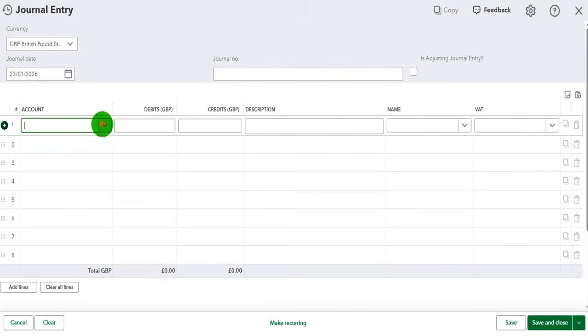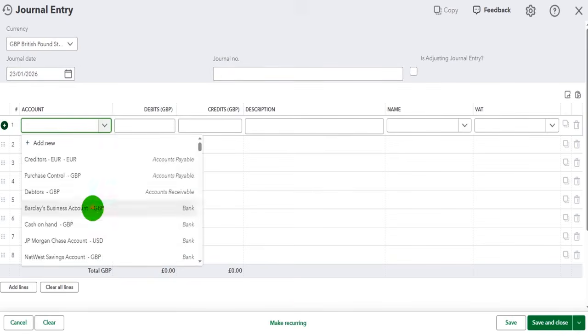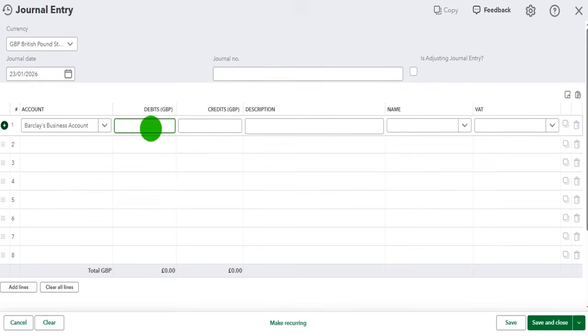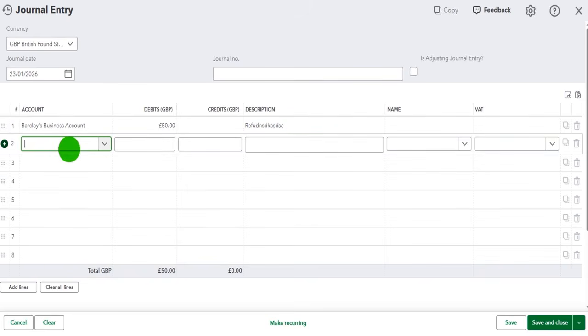So choose the relevant bank account. This time it was received. It's going to be a debit. So choose the account, do a debit entry. Debit's for received into a bank account or cash account. Type in the amount. Once again, select the relevant tax if there is tax, and then select the relevant expense